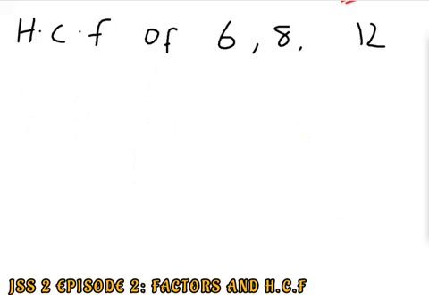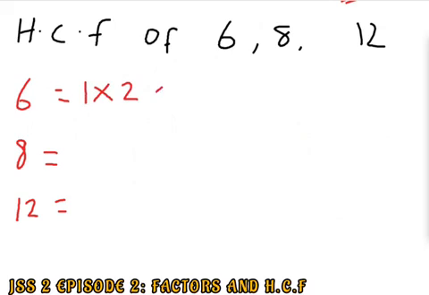6, 8, and 12. Again, we'll write out all the numbers that we have in our question, and we'll write out their factors. So the factors of 6 are 1, 2, and 3. The factors of 8, 1 times 2 times 2 times 2. What about the factors of 12? What numbers can we multiply to give us 12? 1 times 2